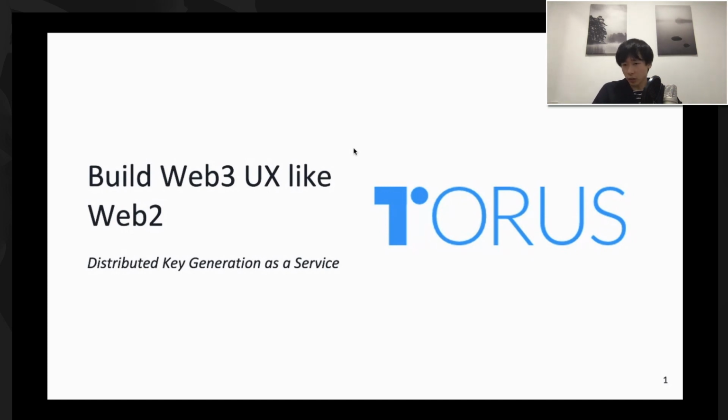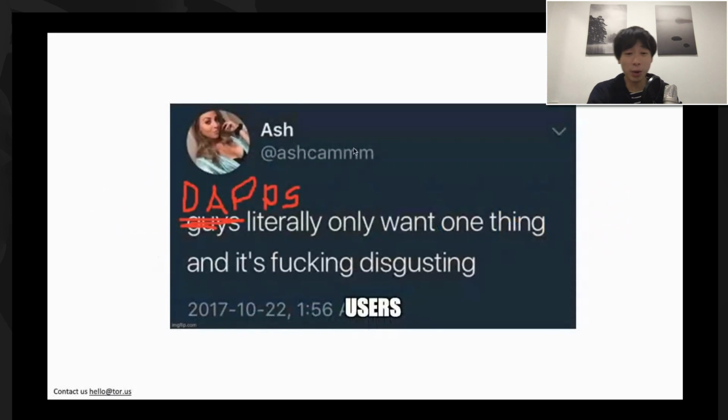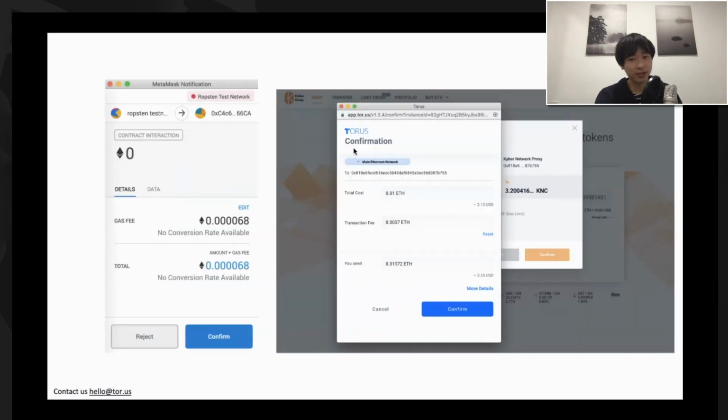Being a web wallet in the space for quite a while now, Torus has been integrated into quite a few applications, and we see many different types of integrations with different dApps in the ecosystem. The number one thing that all dApps share in common is they really just want one thing: to increase their user base and get more people using their platform. Today, most applications either use MetaMask or some version of web wallets like Torus and others for their interactions.